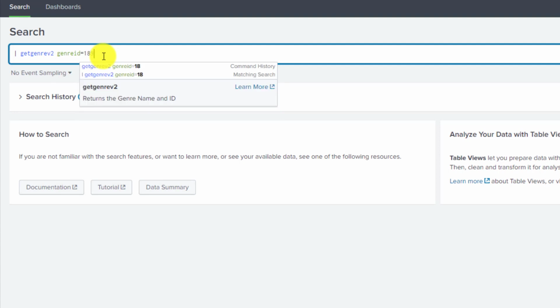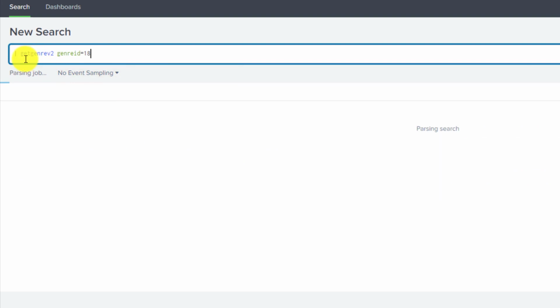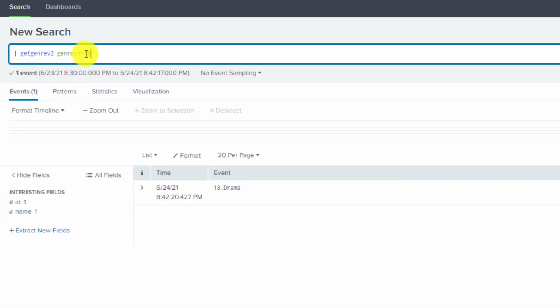I can give any id over here, let's say 18, and run this one. So this now looks like the other Splunk command we ran, right? So we are used to working with. This will basically give you a very good look and feel of the command you will be creating as well. Now one thing we are still seeing over here is it is not giving me the tabular structure